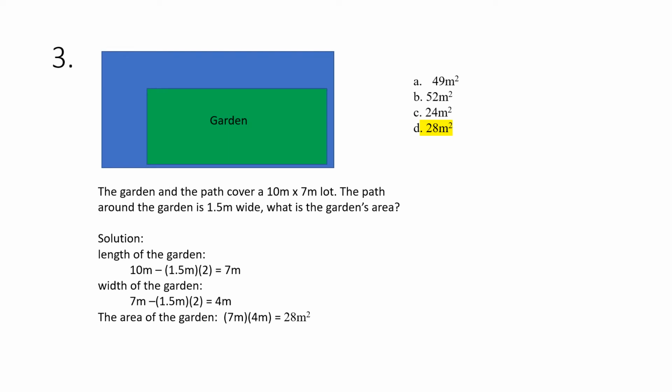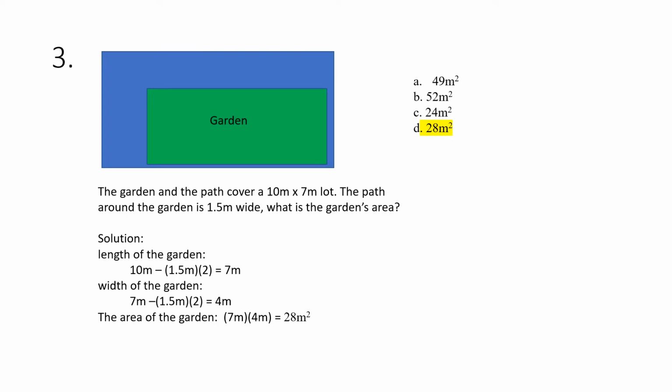For number 3, we are given the illustration and we're looking for the area of the garden. And if the path's width is 1.5 meters, then we would have to cut two portions of 1.5 for the width and two portions of the path for the length. So the length being 10 meters, we go 10 meters minus 1.5 meters times 2, so